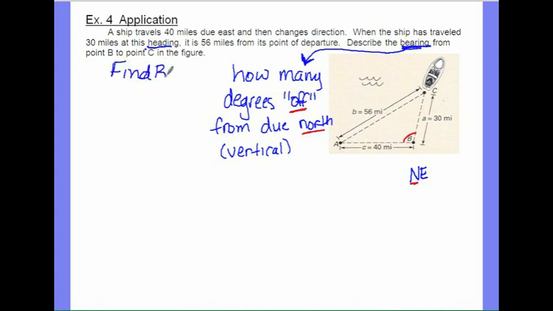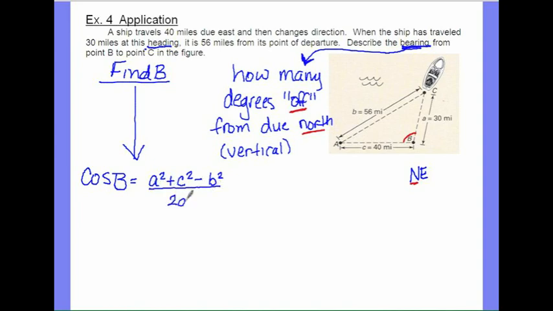find angle B. To find angle B, I'm going to have to come down here where I have more room to write all this. I'm going to do cosine of angle B, and I'm going to use a squared plus c squared minus b squared over 2ac. That's my formula. So cosine of B equals 30 squared